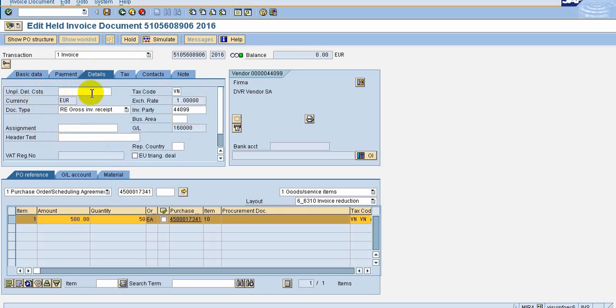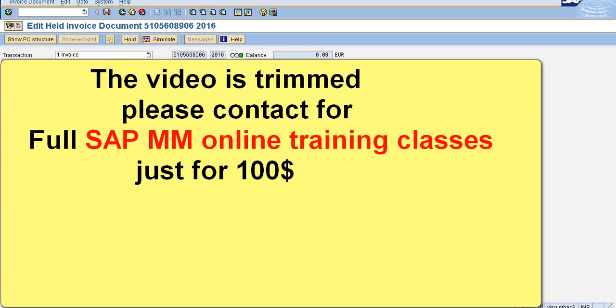And if we go to the details, there is unplanned delivery cost. We can give additional delivery costs, some other costs, whatever we have not planned. It's not going to check anything against the already planned costs. Here we have delivery planned cost already, once we have paid it, you have seen it. But unplanned one also you can post here. And if we want to use a different currency, we can use an exchange rate, and a new currency also we can define. And document type is helpful for unplanned delivery cost, how it will be on the net basis or the gross basis, that we are going to see. And assignments, other GL account. You can see always when we are creating